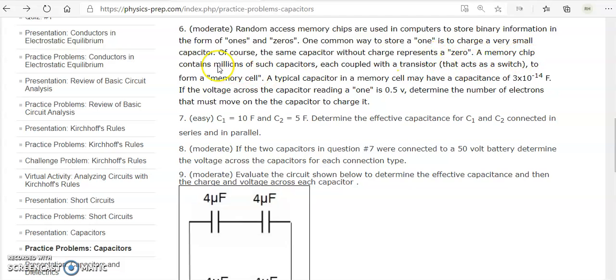A memory chip contains millions of such capacitors, each coupled with a transistor. Transistor is an electronic component that acts as a switch and also amplifies a signal to form a memory cell. A typical capacitor in a memory cell may have a capacitance of